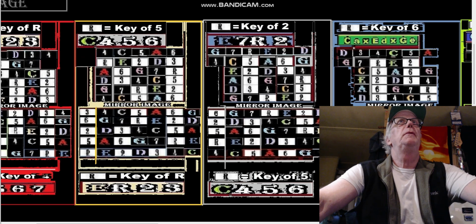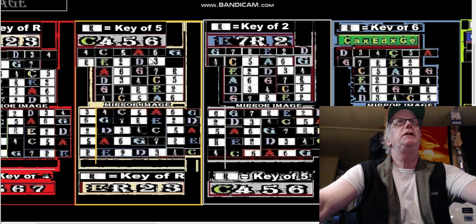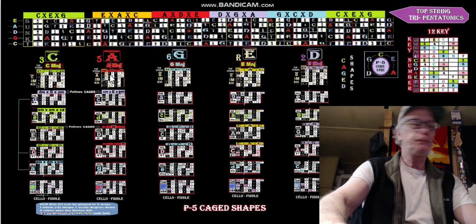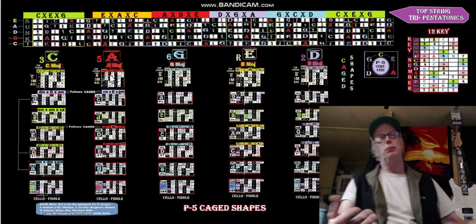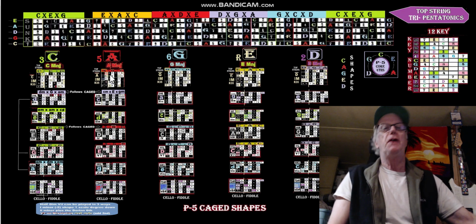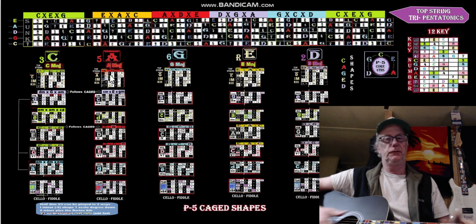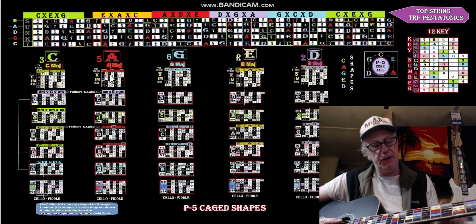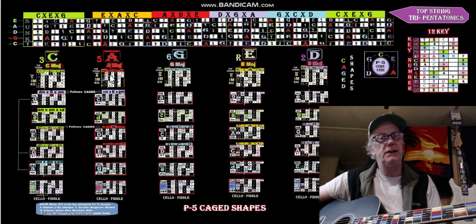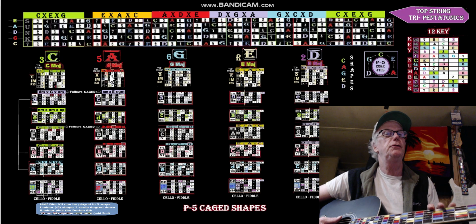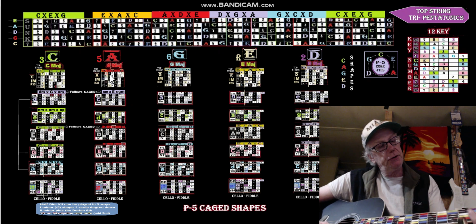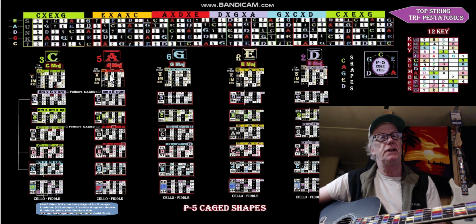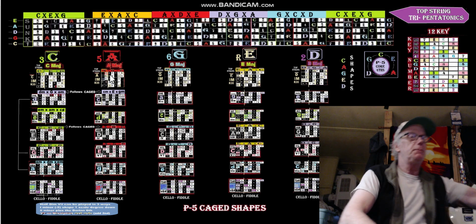All right, so we put it back to P4. So that's the mirror image effect. So once again, in plain words, the 5-string cello, fiddle, guitar, all P5 tuned, 5th in between each string, is the mirror image of a perfectly P4 tuned guitar. So we do top string pentatonics instead of bottom string, because remember, on guitar,